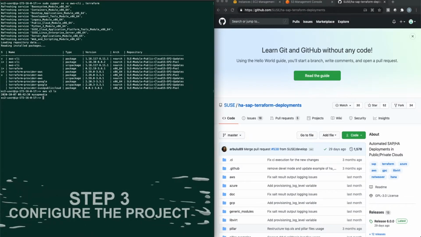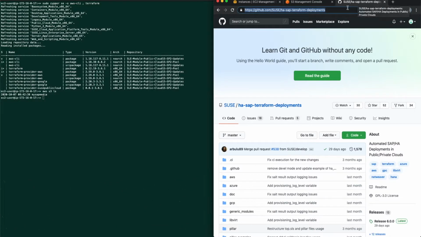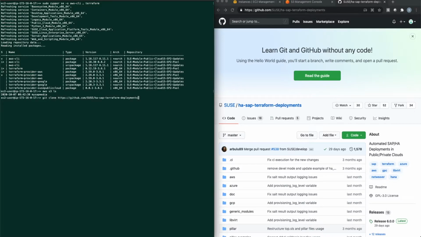So with our SAP Media set up in our S3 bucket, the next thing to do is to take a look at the automation code itself. Now this lives inside GitHub, so the code is completely open source and available for anybody to use and consume. So what I'll do is I'll just grab the name of the project and clone it down to our workstation, ready for us to configure. So the next thing to do is if we take a look into the AWS directory, which is part of